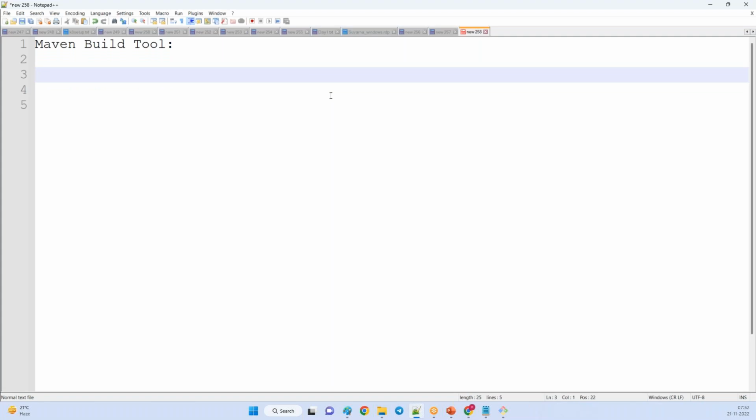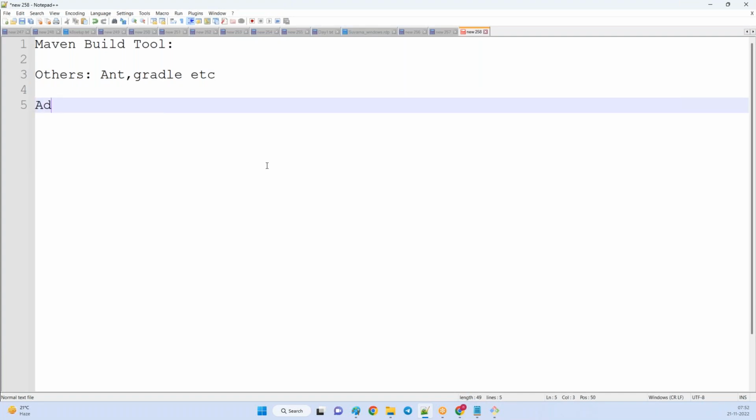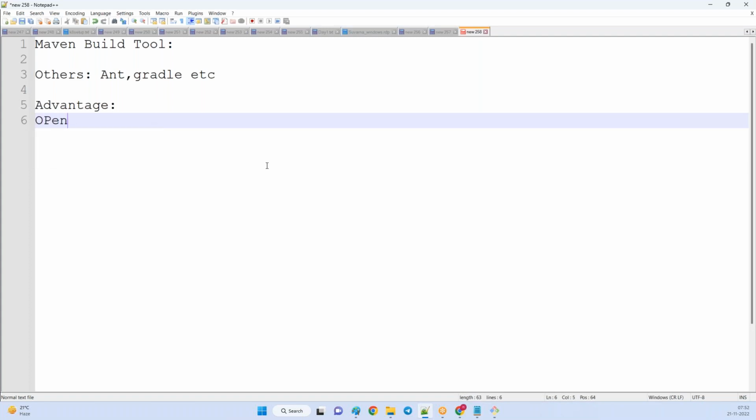We have other tools or competitors like Ant, Gradle, etc. But why are more members using Maven? The first advantage is that it is open source. That means everyone can download and everyone can install.